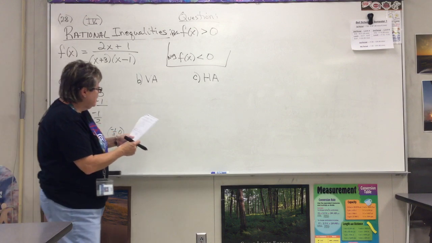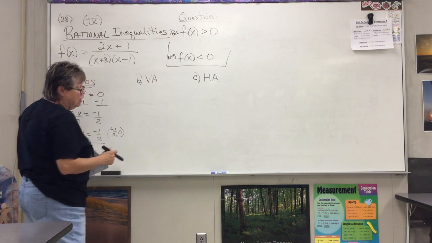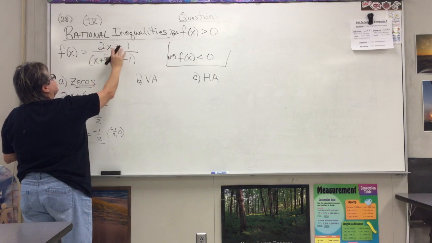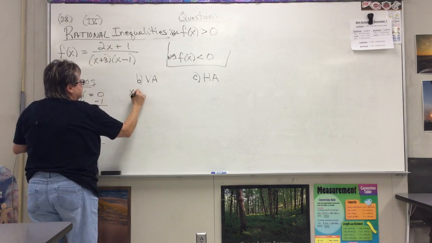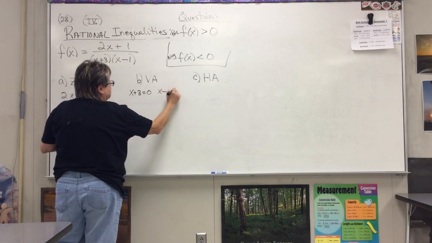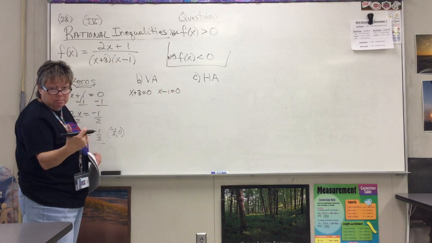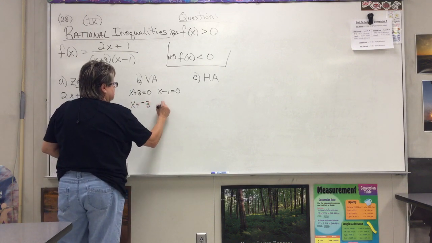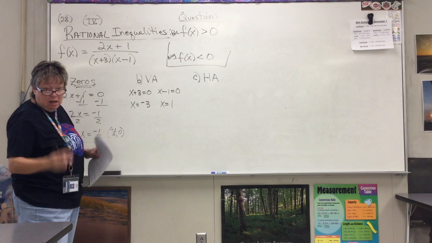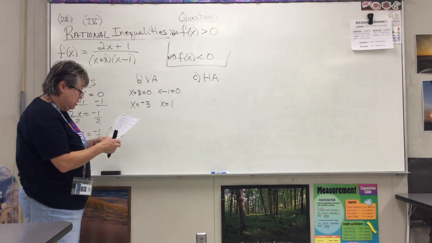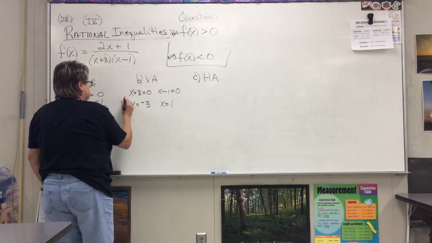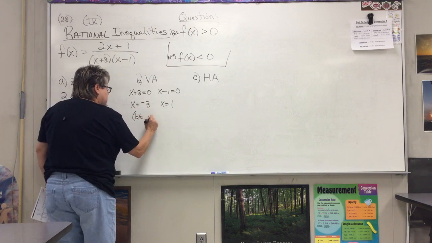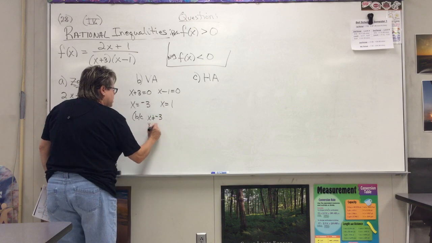Okay. Secondly, let's take a look at vertical asymptotes. Remember, vertical asymptotes deal with your denominator as long as they're not removable. So in this case, we need to look at what makes that bottom 0. When's that denominator 0? So -3 and 1, we're going to have two vertical asymptotes. Okay, those are your VAs because x can't be -3 and x can't